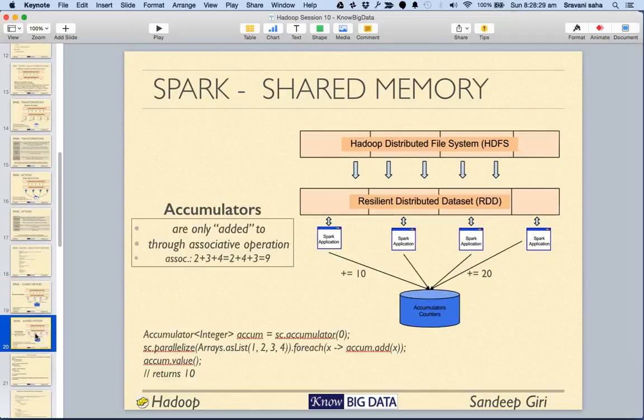The other way of coordinating is using accumulators. Using accumulators, all the Spark applications will keep on sending the data to the counters and accumulate. Okay, so the data from RDD is coming to the accumulators. So whenever you have a unidirectional output like sysout, or every node is just giving out counters, in all those cases you use accumulator, just one way. Okay, just to gather the data from all the nodes, we can use accumulators. All right,